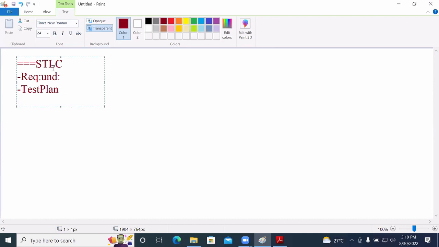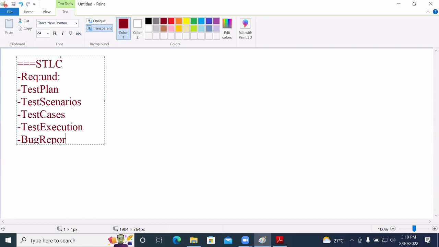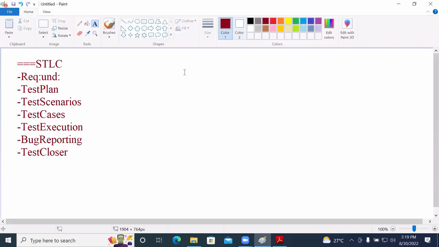After that, bug reporting. After that, test closure. As part of this life cycle, we need to implement these particular steps.